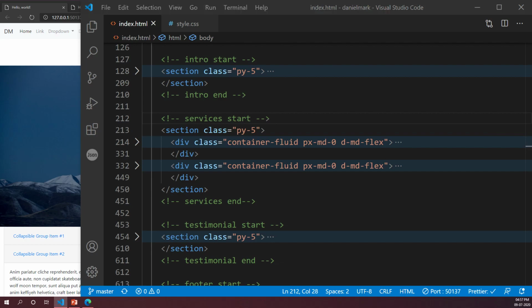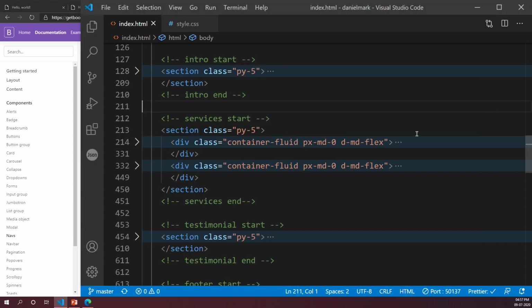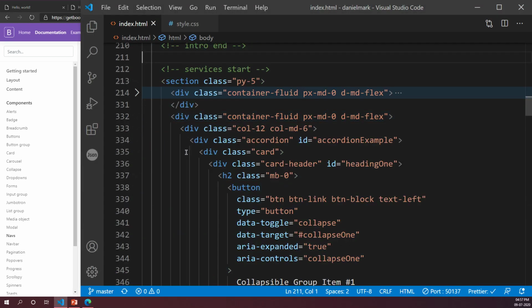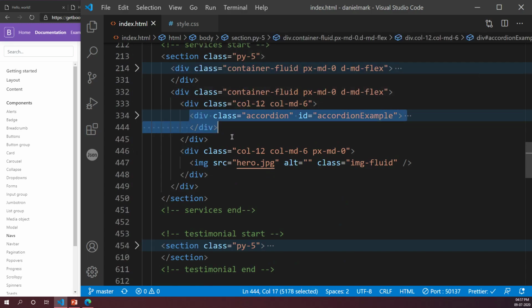Right, all of you done? Now go back to Bootstrap, copy this and open your second container fluid. Inside your second container fluid I'm going to delete the entire accordion. I've collapsed it and I'm going to delete the entire thing. All of you get to this part, delete the accordion. For the second one, delete the accordion very carefully. Don't delete unnecessary stuff, or you'll get lost.